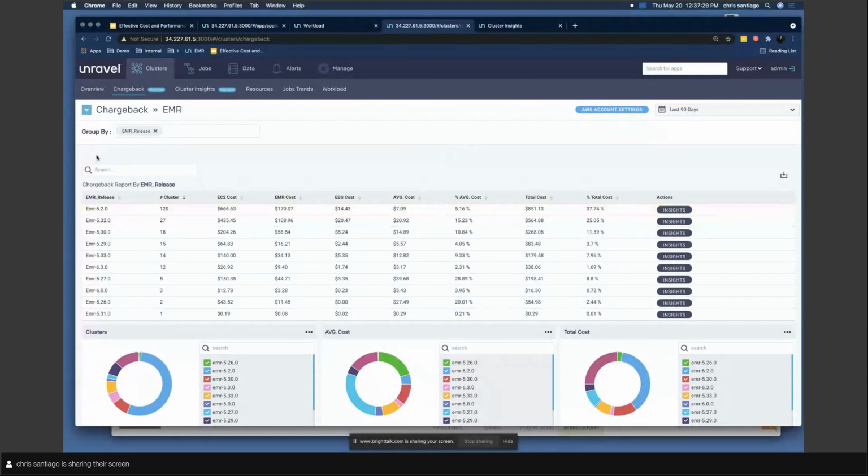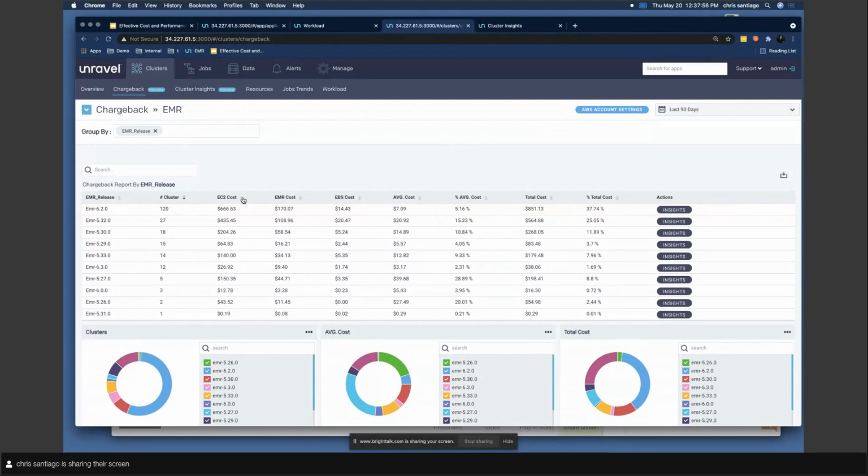And so we have the ability to look at things, and we can pull in tags from within AWS, and we can start looking at things such as, okay, I've got a tag EMR release. How many clusters are actually being spun up? So this could be very, very beneficial for folks that are using job clusters and they want to know where all the spend is going. And so not only can we break it down by grouping by, in this case, this EMR release tag,